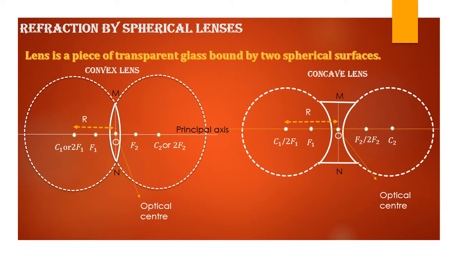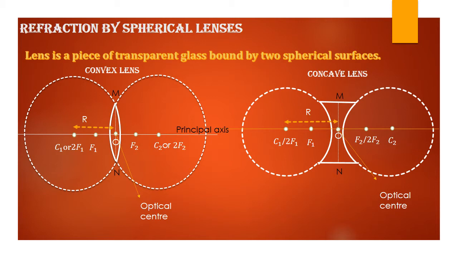Children, a lens has two principal foci. You can see here F1 and F2. F2 is the principal focus for the light rays coming from the left side. If the incident light rays fall on the convex lens from the right hand side, they will converge to a point F1 on the left side of the lens. So a convex lens has a real focus. F1 and F2 are real foci in the case of a convex lens, but for a concave lens, F1 and F2 are virtual. Why? Because in the case of a convex lens, the actual intersection of light rays happens after refraction. We'll go into it in the coming slides.